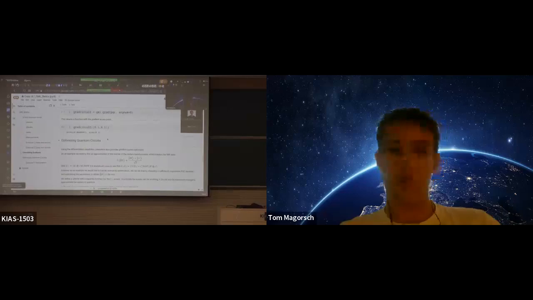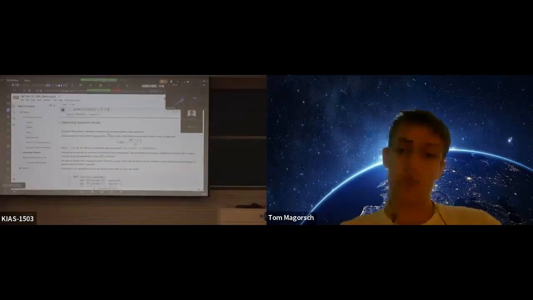And yeah, moving on, if we can compute gradients, we can then basically optimize